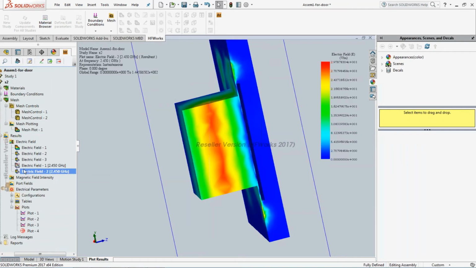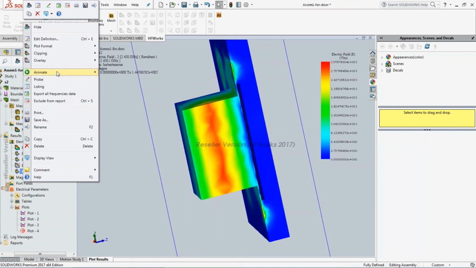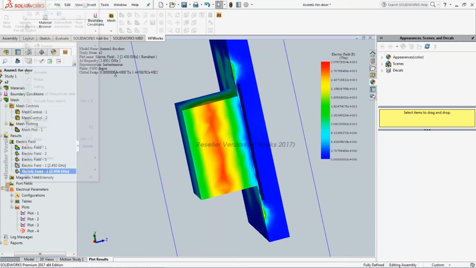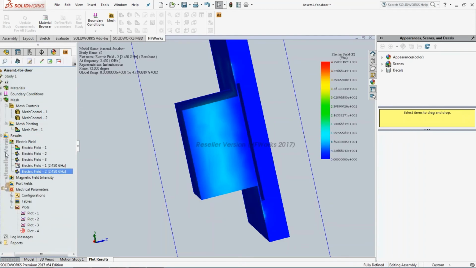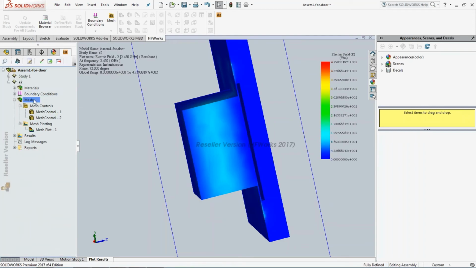You might want to animate it this way. So I just animate it to see the movement of the electric field. I don't know if you can see it on your screens or not. So then you can look at